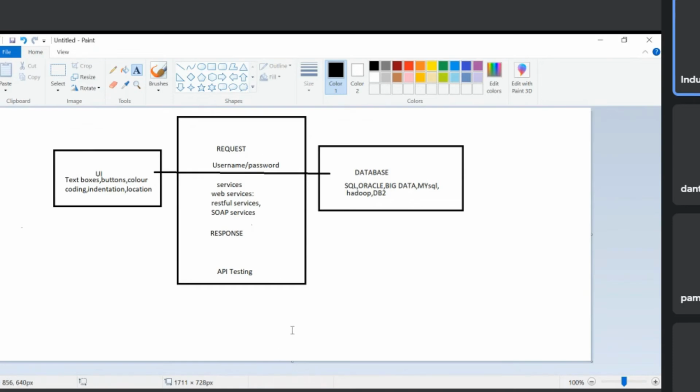For example, when you go to https://google.com and click enter, what is it doing? In the UI you are giving the URL, and that URL will hit this service, go to the database, and fetch the data. That's it. In the search engine, in the empty box, maybe you search Java and